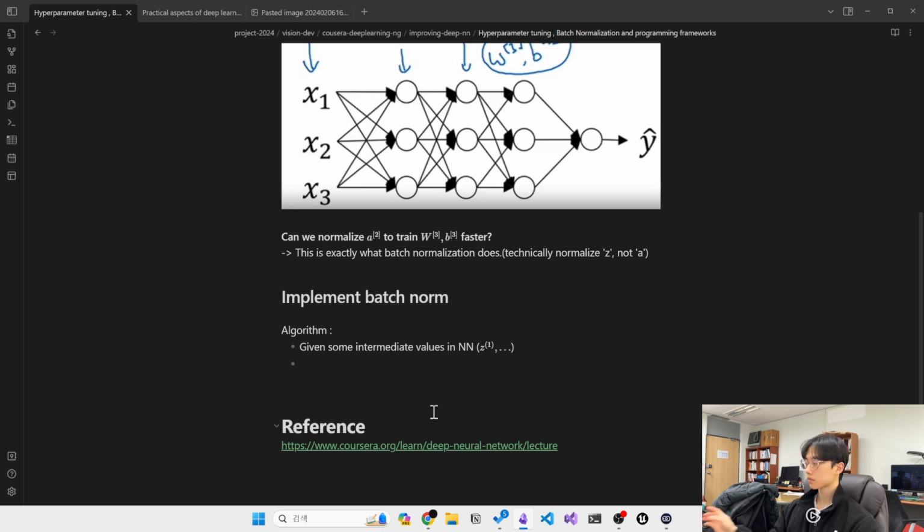So given these values, what you do is compute the mean as follows. Again, all this is specific to some layer l, but I'm omitting the square bracket l. And then you compute the variance using pretty much the formula you would expect. And then you